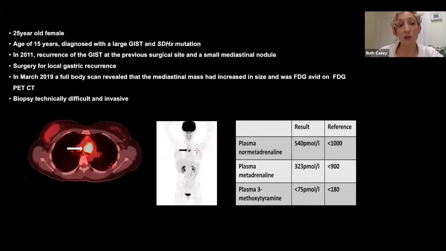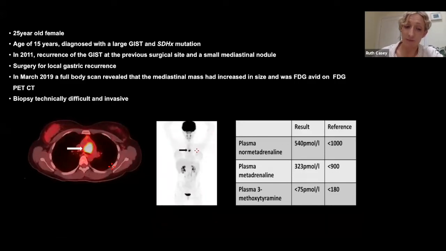So one of the questions that was posed to us at the time was whether gallium dotatate PET-CT might be helpful to determine whether this was indeed a GIST recurrence or a paraganglioma. And at the time, we didn't know the answer to that question because there was some data in the literature to suggest that somatostatin receptor expression, especially ex vivo, can be seen in these GIST tumors. So we didn't know whether dotatate PET-CT would help us differentiate between a